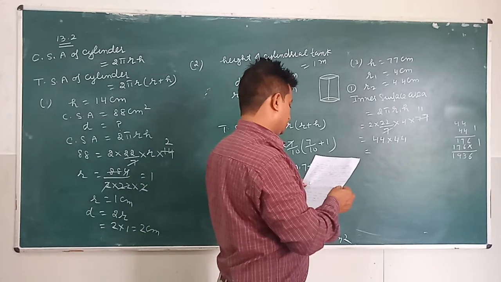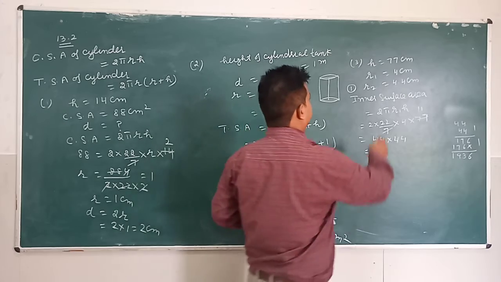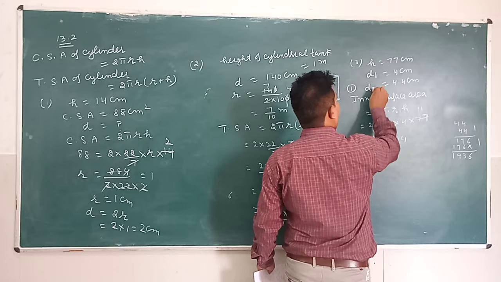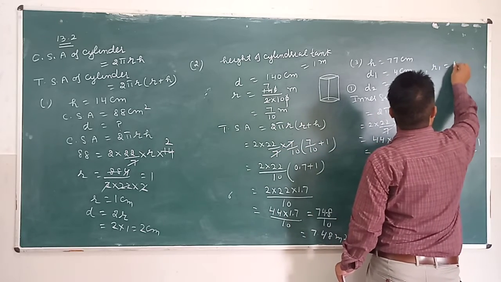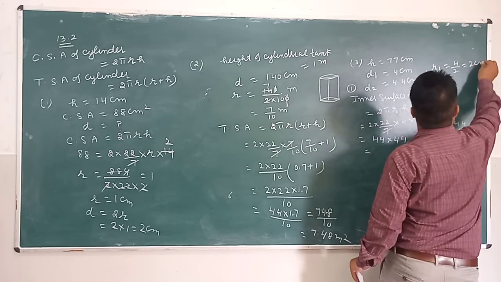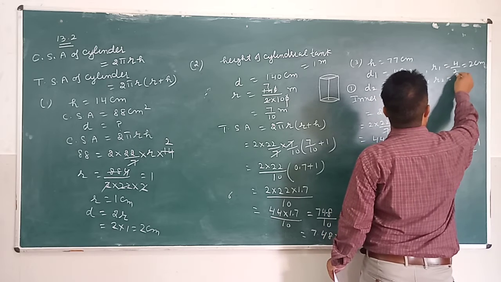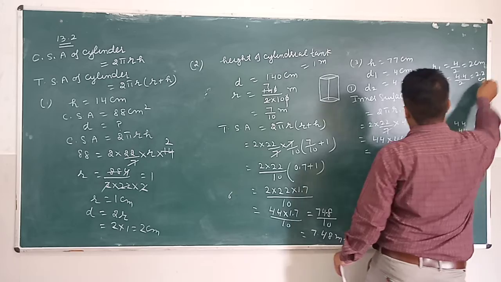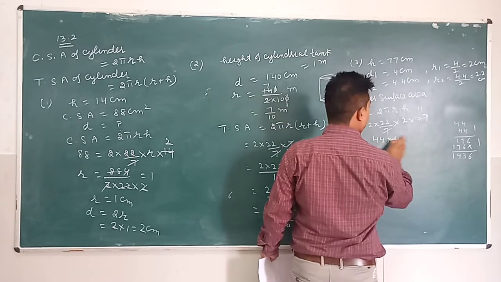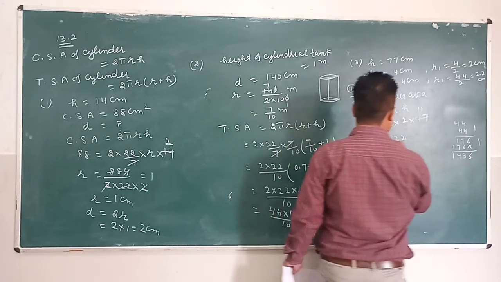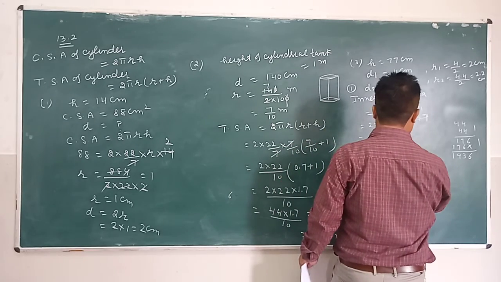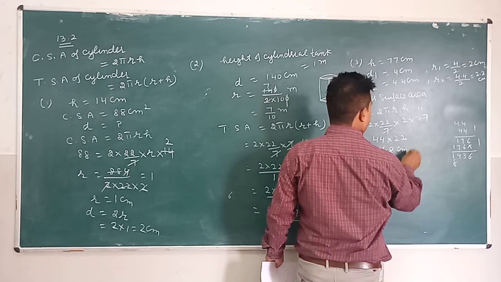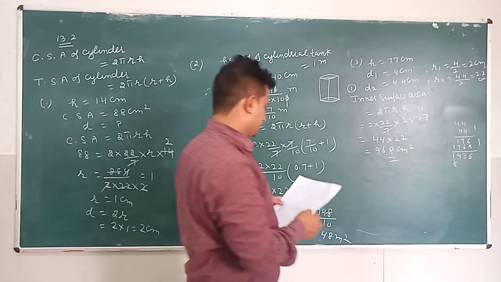In this question there is one problem. This is the diameter, not the radius. So this is d1, d2. So r1 is d1 upon 2, 4 upon 2, which is 2 centimeter, and r2 is d2 upon 2, 4.4 upon 2, which is 2.2. So in this r1 is 2. So this is 22. When we multiply, this is 88 into 8. 968 centimeter square is the inner surface area.